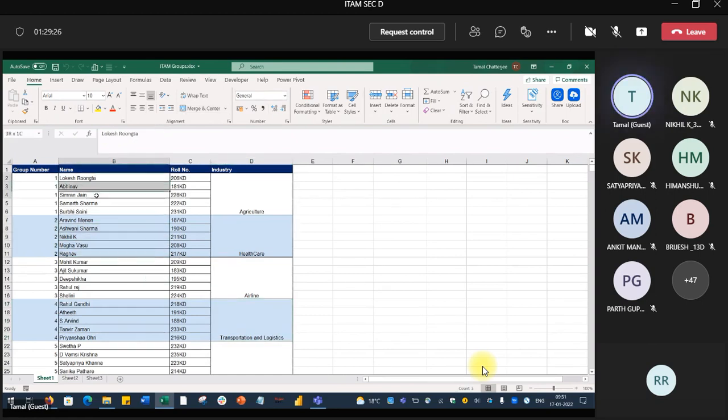Who is there for group 1? Rakesh, Avinav, Simran, Samarth, Suravi? Yes, sir, I'm there from group 1. So you are also aware that we are starting the presentation on Wednesday. Yes, sir. So we will start around 9:20, 9:25. Okay. 15 to 18 minutes each. So everybody should be there.